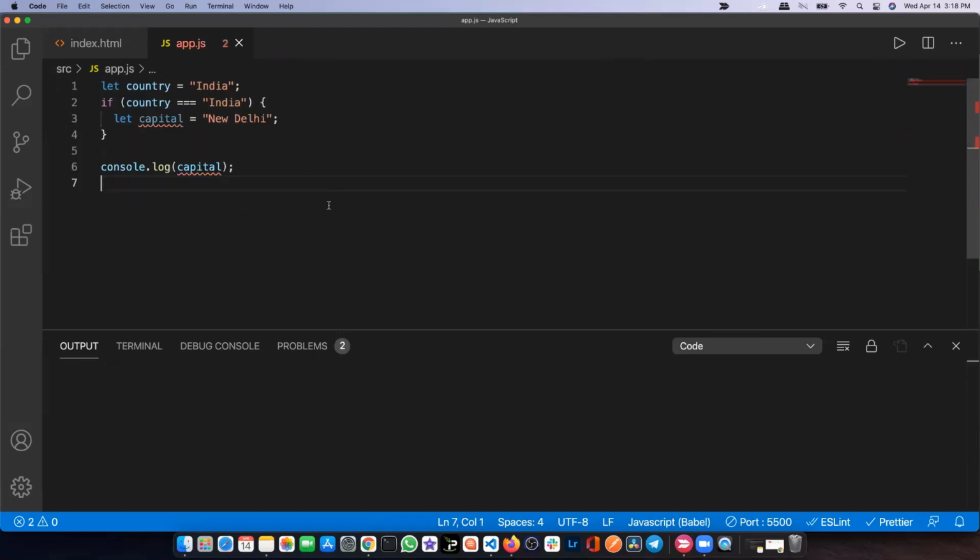Okay, so let's now go through some examples which will help us to understand the block scope. So here, I have a variable called country, whose value is India. And then here I'm doing a comparison: if the country is India, then within this block I'm printing the value of the capital as New Delhi. And here I'm printing the value of the capital, right? Now, if I try to execute this portion of the code,